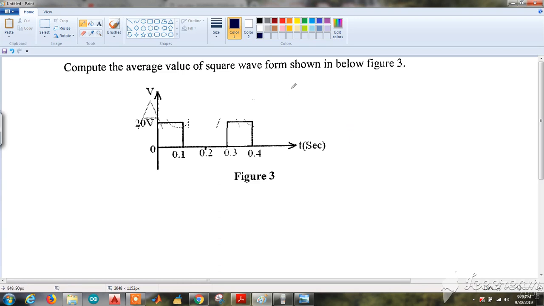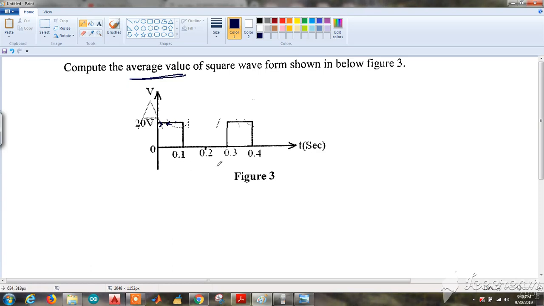Compute the average value of the square waveform shown in the figure. So we have to find the average value. What do you mean by average value? For example, this is the voltage given. The average of all the instantaneous voltages